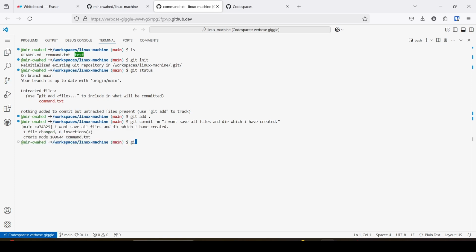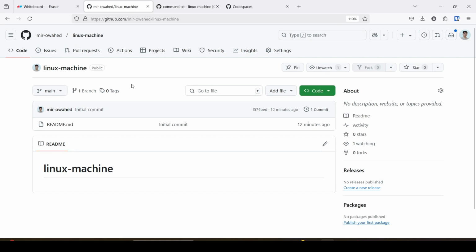Then git commit and hit enter. Whenever you execute all these commands, if you go to this repository and refresh it, you will see